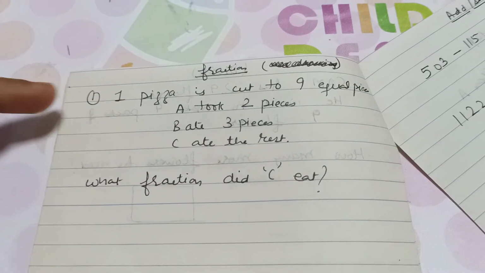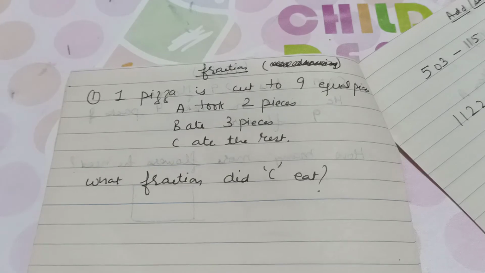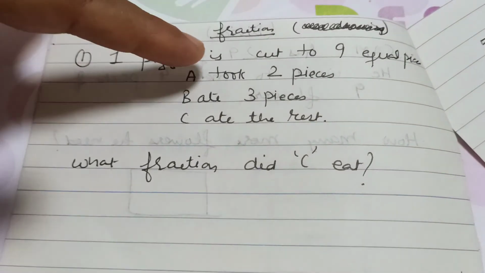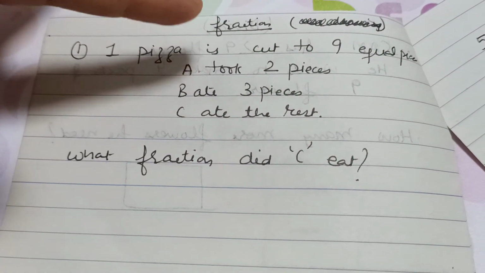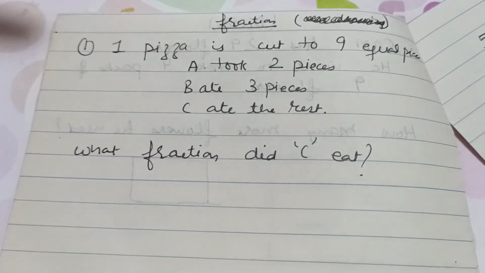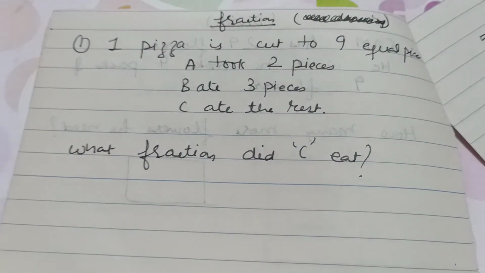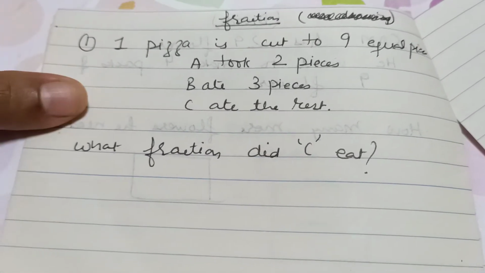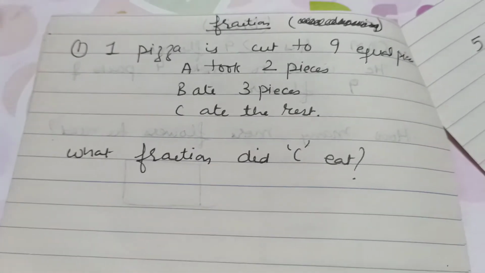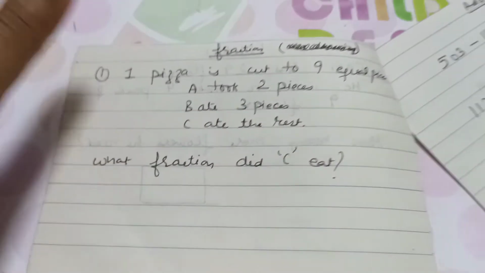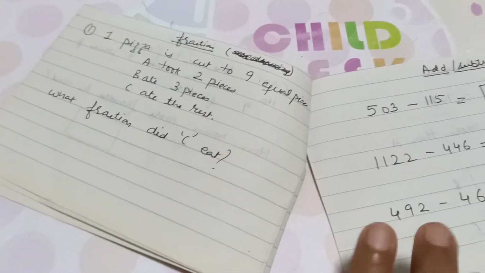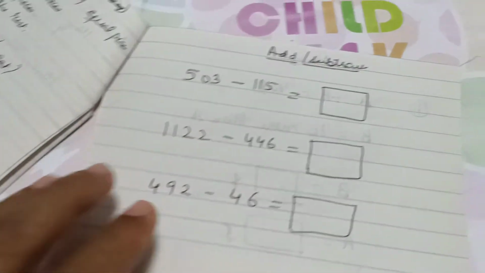I mean, I can't. I was thinking you can, but not in drawing, I can't. So I really want to see if she can verbally infer it. I'm doing it verbally, I'm not drawing it. 5 pieces have been eaten, 4 are left, so 4 by 9 is left, right? So it's still an advanced level of fraction for her without visual aid. Again, my intention is to test how much she got the concept of fractions.